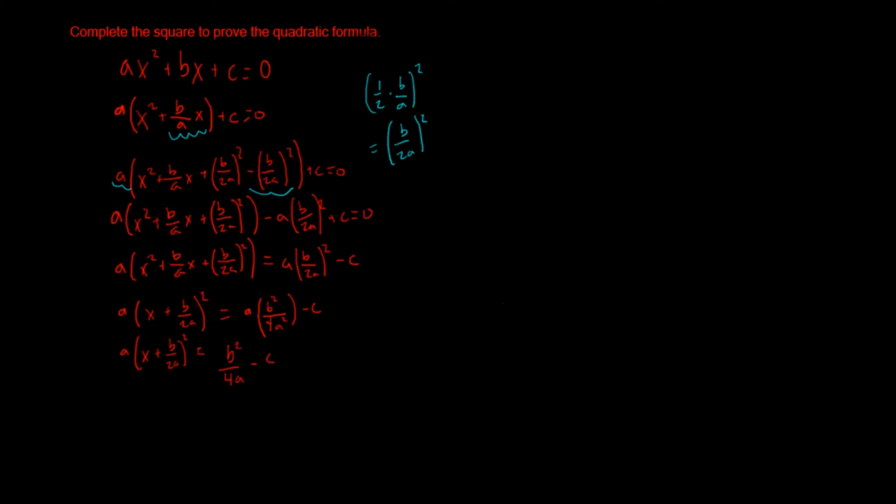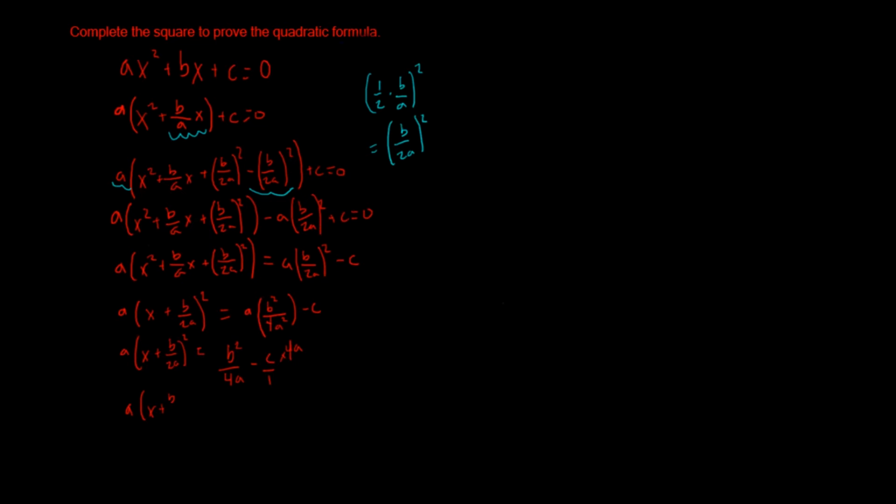And we know that c has a denominator of 1, so if we wanted to actually subtract these, then we'd have to make sure that both of these have a common denominator. So we want them to have a common denominator of 4a. So we'll multiply the numerator of c by 4a. So now it'll be written like a